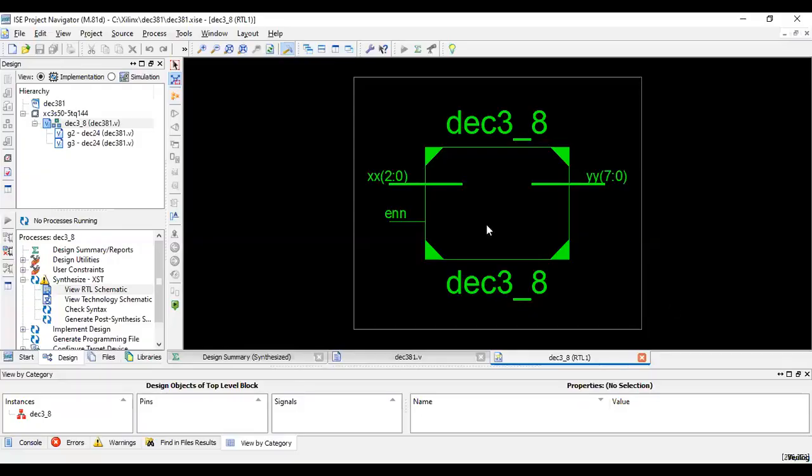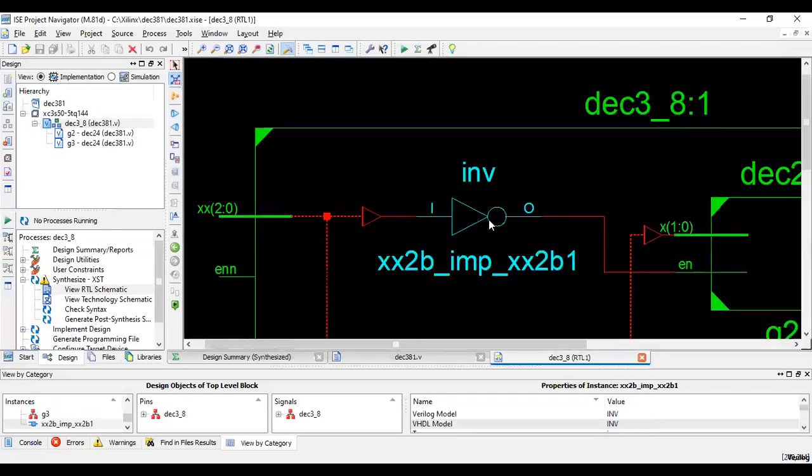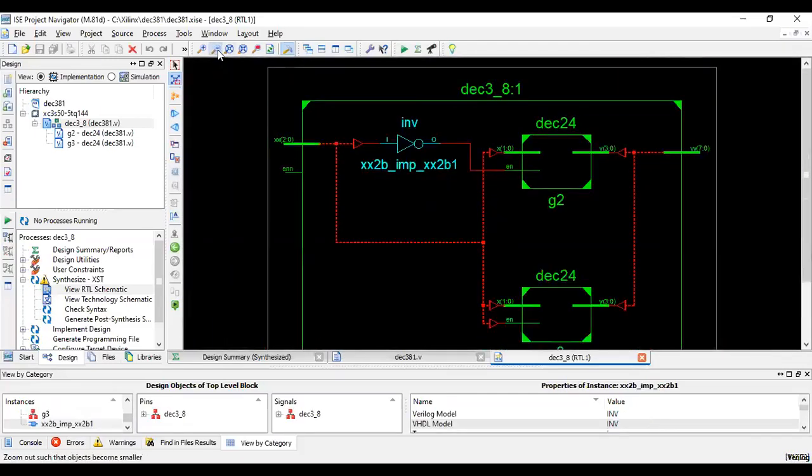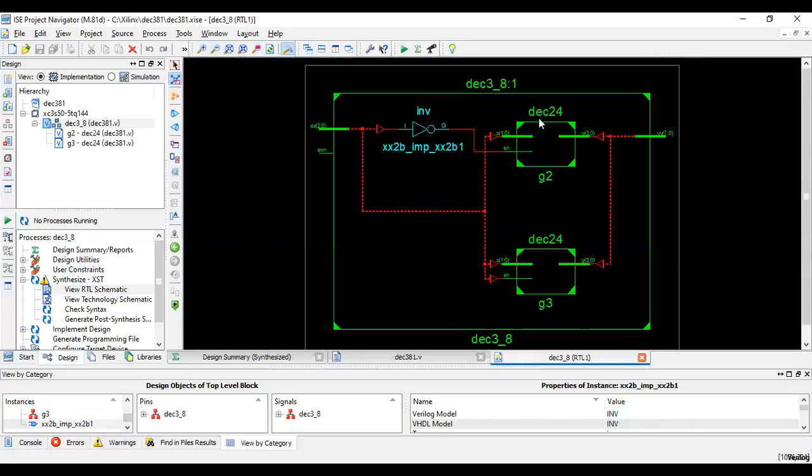This is the RTL view of the 3:8 decoder. You can see there are 3 inputs, XX 2 down to 0, and 8 outputs and 1 enable signal which we have used. And if you can see the other schematic, there is one 2:4 decoder over here. Again this XX of 2 down to 0.